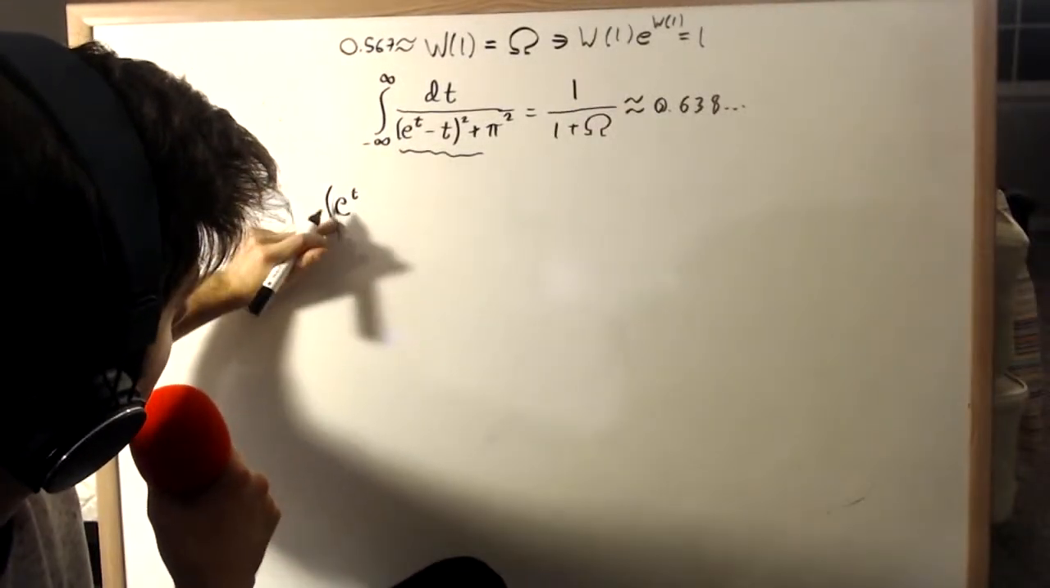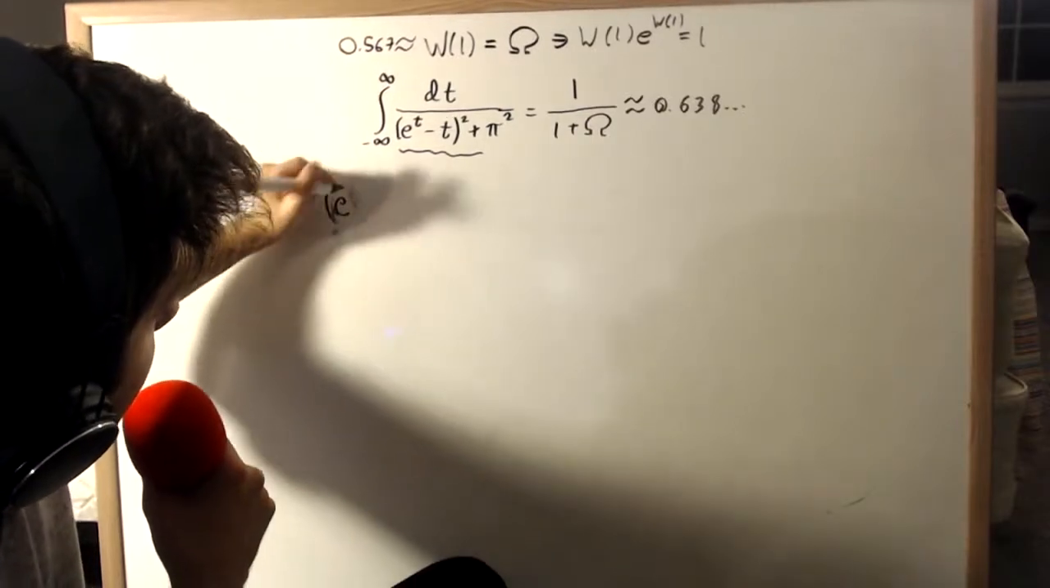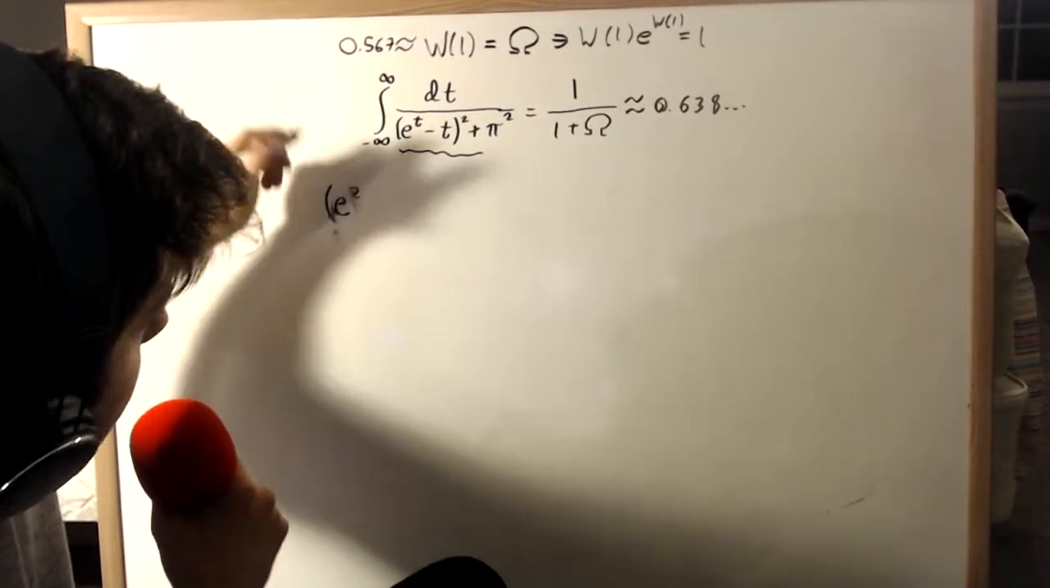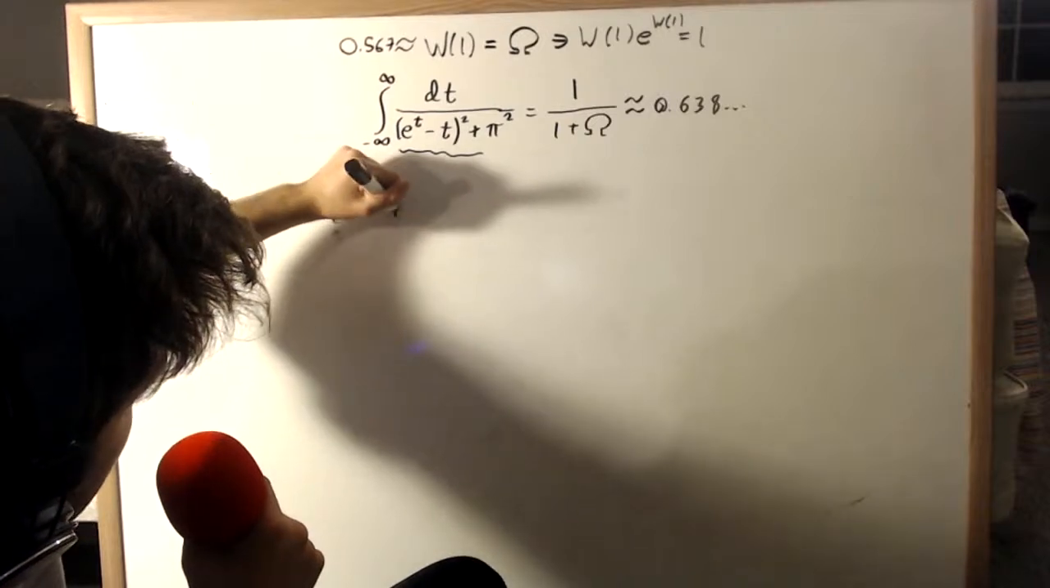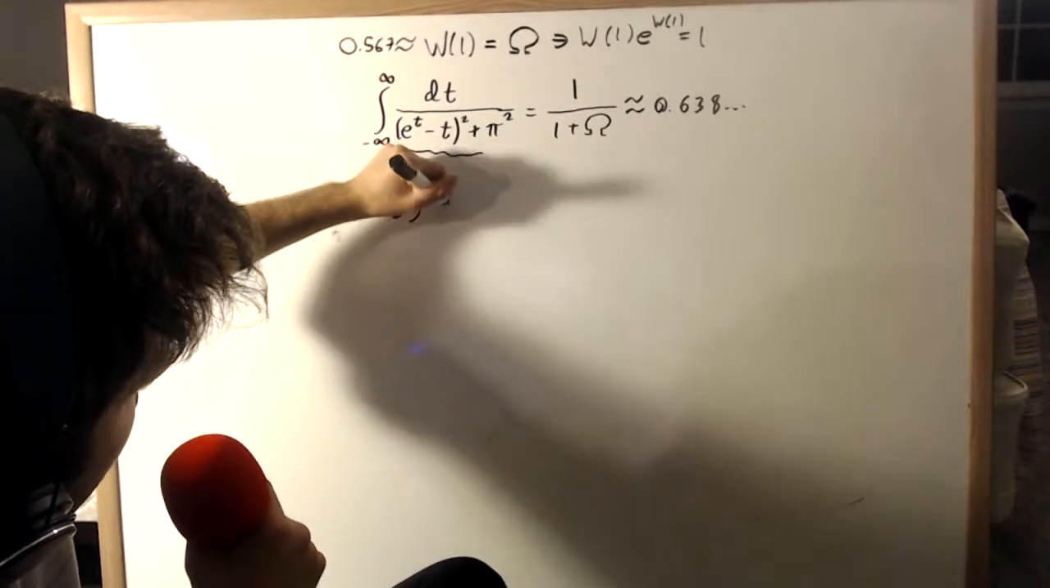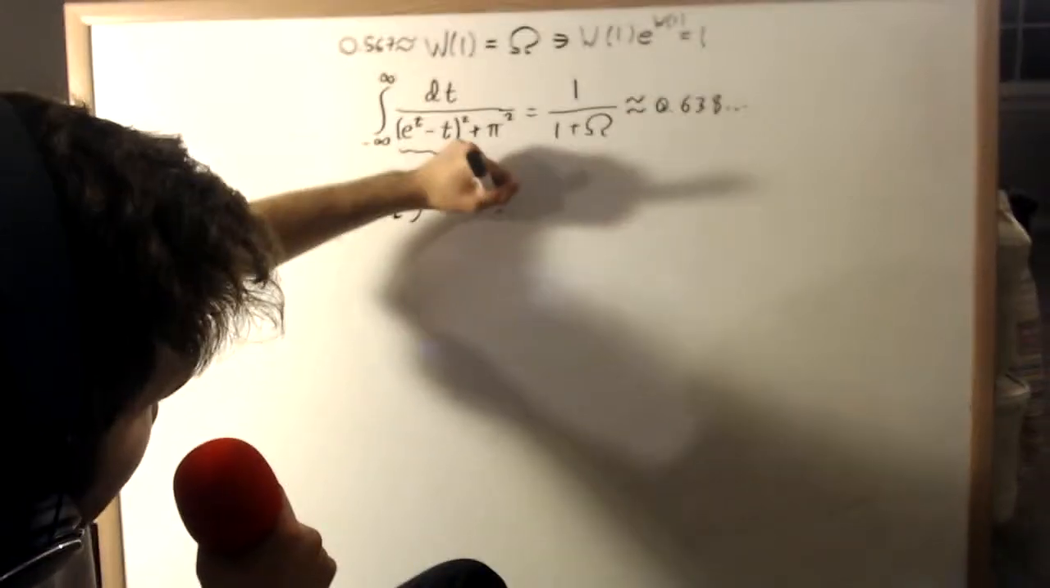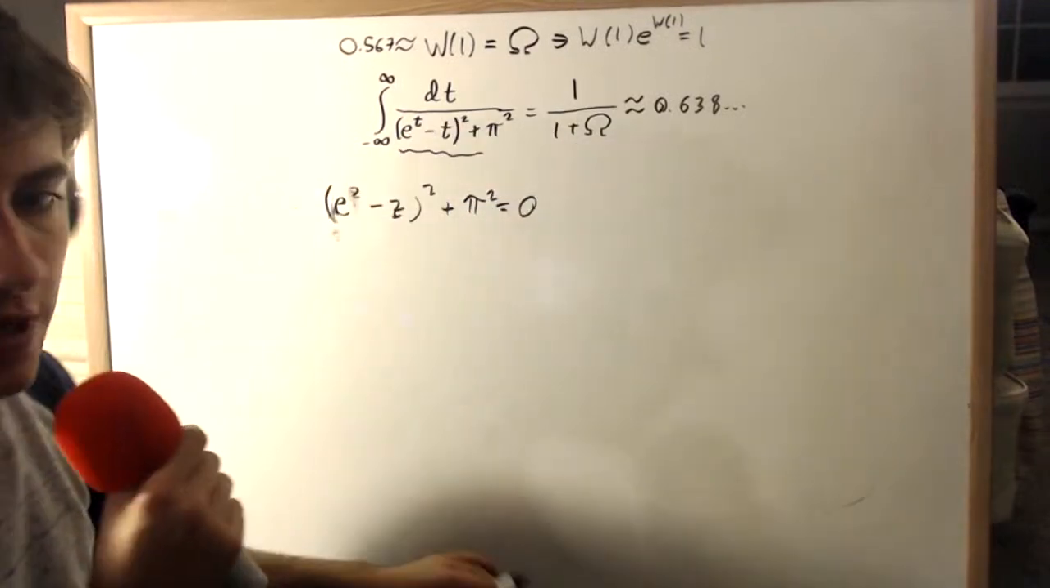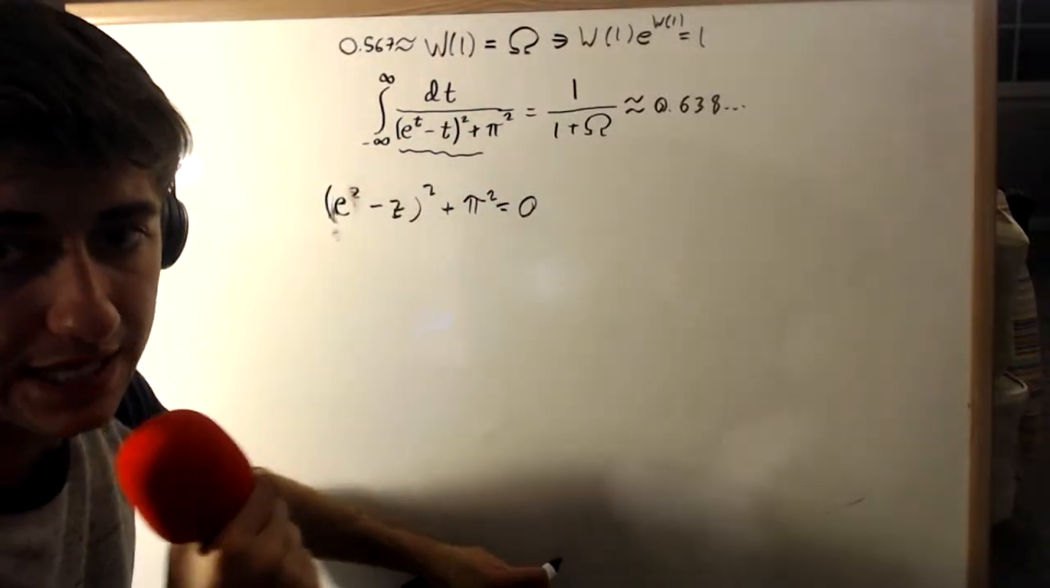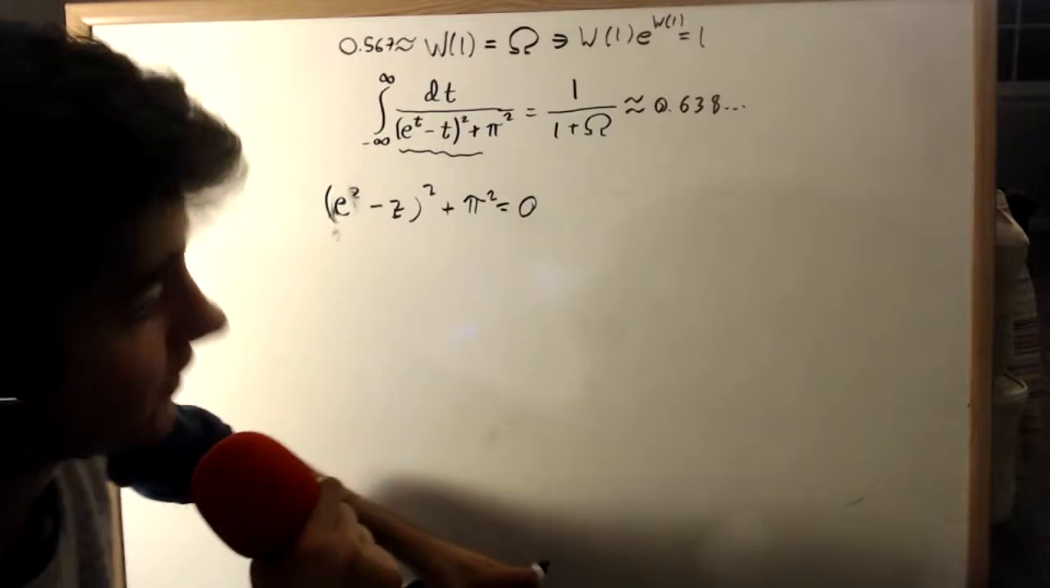I suppose I'll do e to the z. So t is the dummy variable for integration, but these are complex numbers. So e to the z minus z squared plus pi squared equals 0. All we're going to do is solve for z, but we need the Lambert W function for this. So we subtract pi squared over,